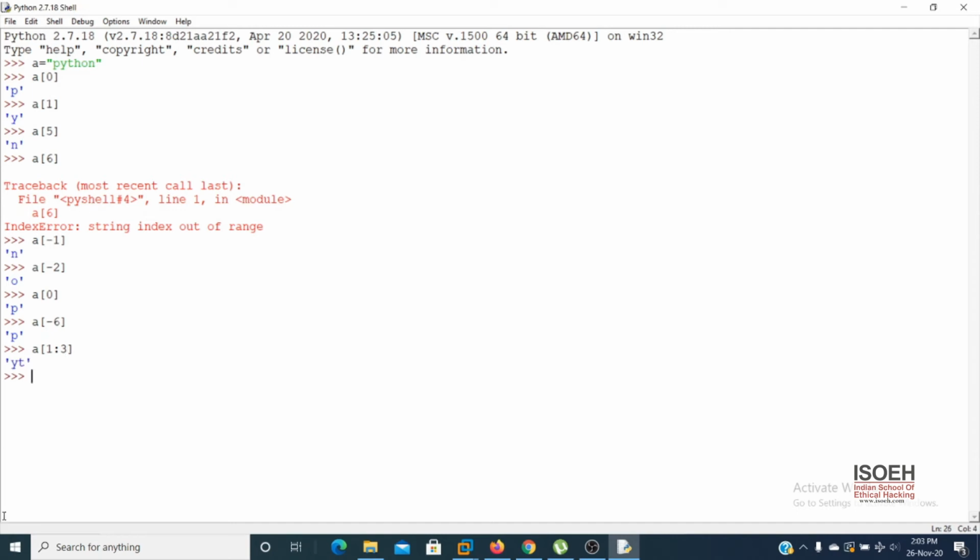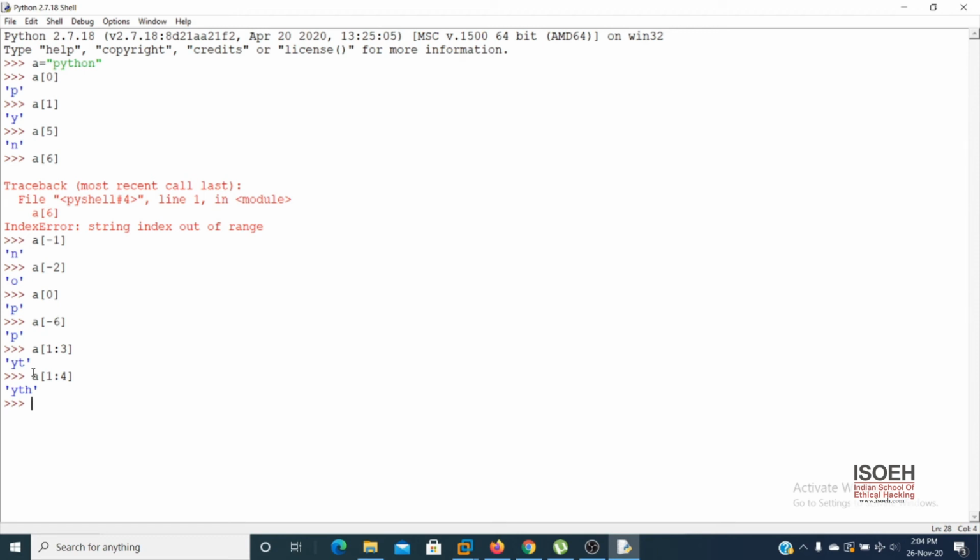Enter. But only y and t are coming, no h, because in case of slicing you have to put +1. That means if you want to access the h, then you have to pass the index number +1. That means when I use a[1:3], it will access from 1 to 2. It will not access the 3. So if I want to access the third element, I have to use a[1:4]. This is a very important thing. You have to write at least +1 for accessing the last one. Look, now y, t, h is coming. So it is called string slicing.